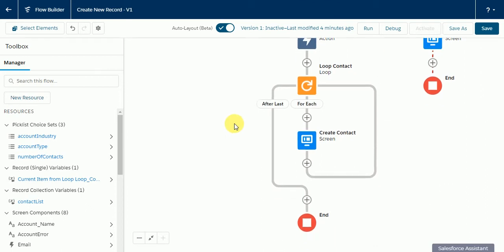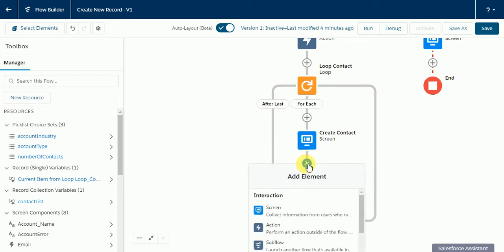For example, if I select the number of contacts as 2, this screen will be repeated 2 times. The first screen will capture all the contact one details, and the second screen will capture all the contact two details. So we have created the screen, and also we have to capture the first name, last name and email of the present contact. For that, I'm going to use an assignment activity here.